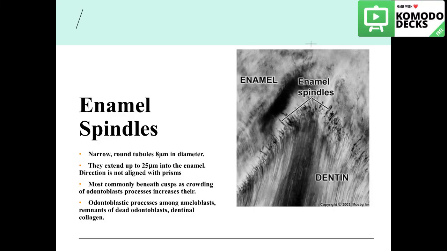On the dentine enamel junction, we see multiple phenomena. Among them are the enamel spindles. Enamel spindles are narrow round tubules that are 8 micrometers in diameter, and they are actually odontoblastic processes that extend from the dentine into the enamel, reaching sometimes 25 micrometers